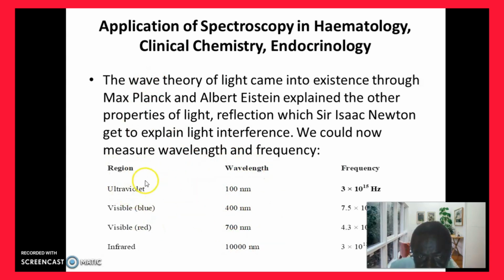So using that, you can see that the ultraviolet light is of a smaller wavelength but high frequency. The visible blue, which is under visible light, and these are invisible where you don't see. These are dark areas you don't see. Even the infrared is dark. But this region tells you it starts from 400 to 700, and the frequencies are lower than that. The infrared has